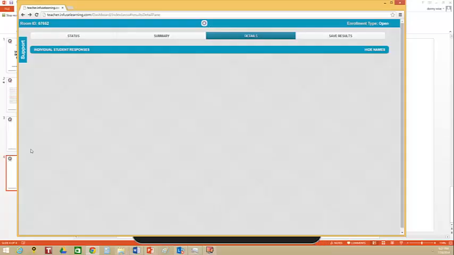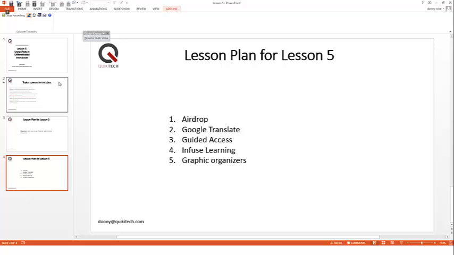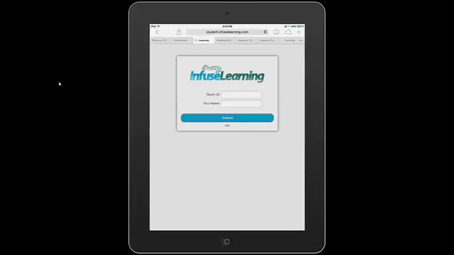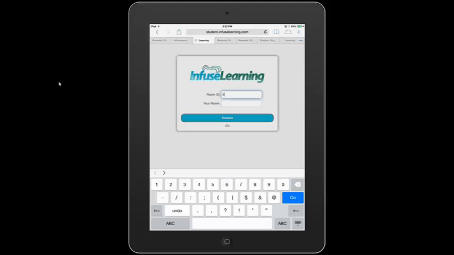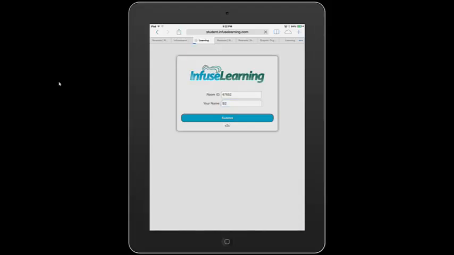Okay, what's my room ID? It's up here in the top left, 67652. So I'll go ahead and in the iPad type in 67652, and let's say I'm Bobby. I type in Bobby. And let's say I'm a little bit embarrassed, but I talked to the teacher, and I said, you know what? I don't even want to type in my full name because I'm so embarrassed to ask questions. I'm just going to be called B2, okay? So when you see B2, you'll know it's me, okay? Great. Bobby clicks submit,